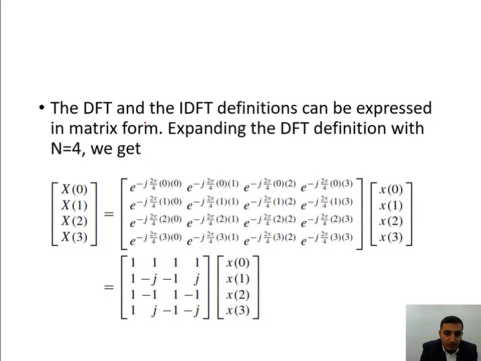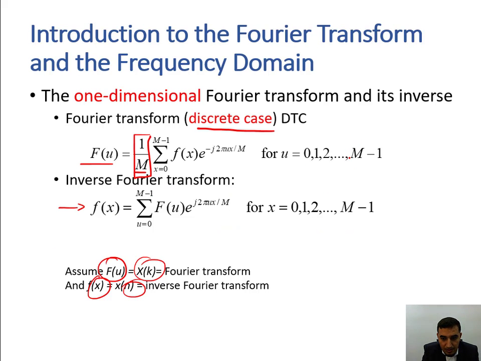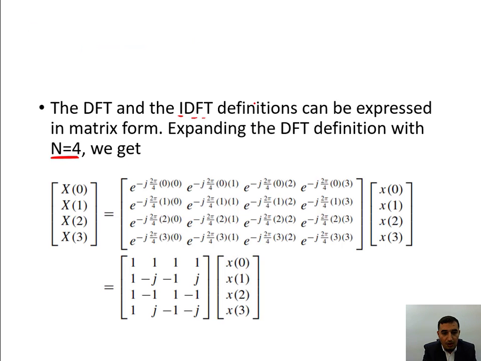So the discrete Fourier transform and the inverse discrete Fourier transform definitions can be expressed in a matrix form, which is interesting for us because an image is basically represented as a matrix, and so we are going to discuss that in detail. So expanding the discrete Fourier transform with n equal to 4, here m is equal to 4,